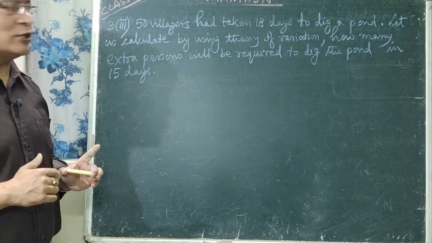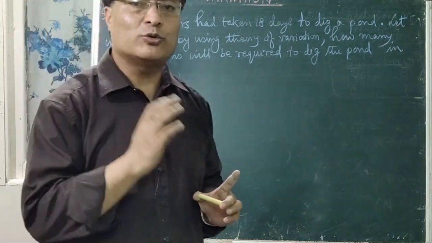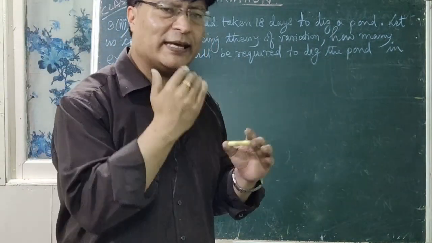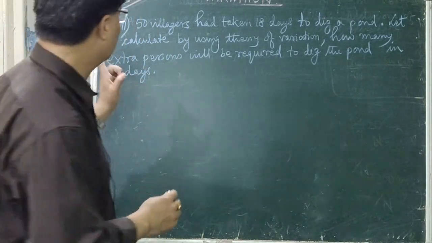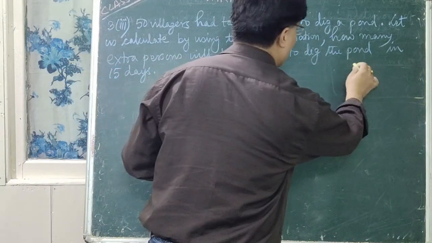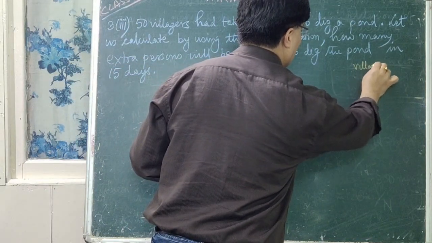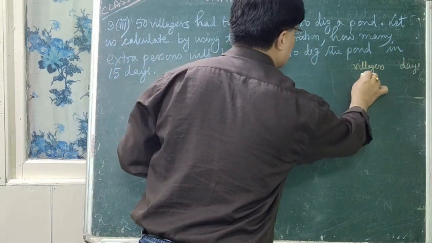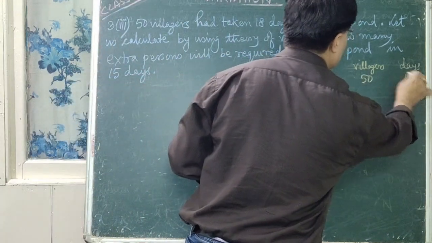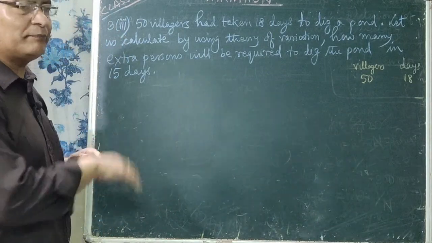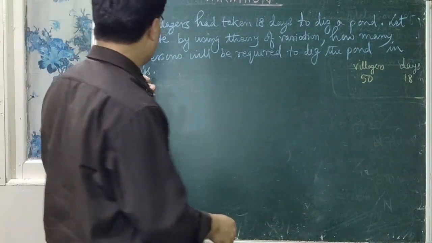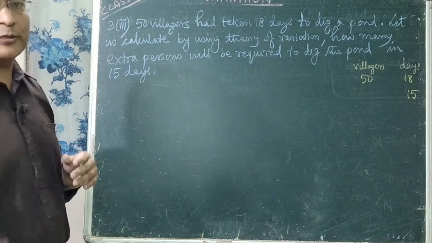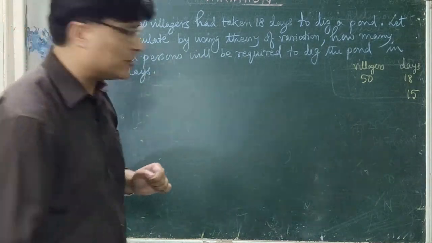So by using theory of variation, how many extra persons will be required to dig the pond in 15 days? त पहिला हामी के गर्नु पर्यो, number of villagers, अनि number of days. 50 villagers can dig a pond in how many days? 18 दिनमा सक्छ। अब 15 दिनमा सकाउनु हो भने त बेसी villagers चाहियो नि। So how many extra persons will be required to dig the pond in 15 days? यो क्वेसन मार्क भइगयो।